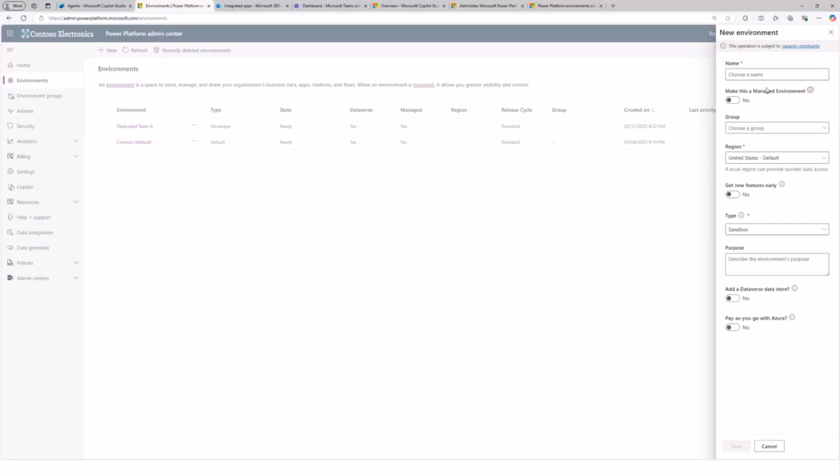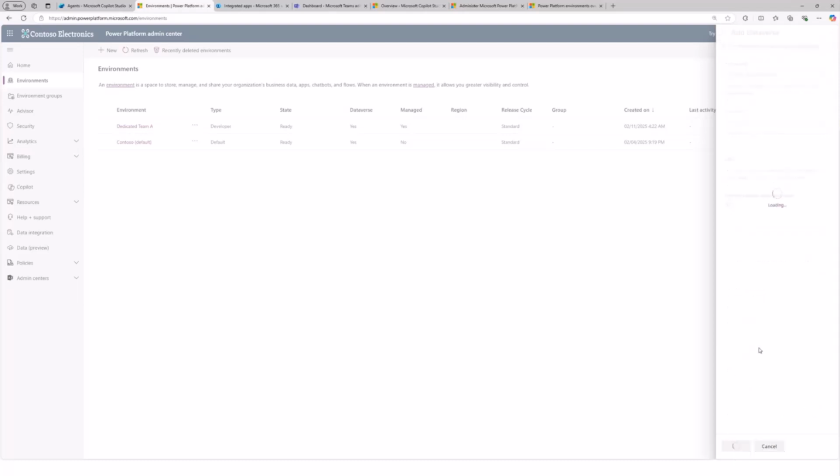For instance, you can give it a name. So let's call it Contoso Sales, right? So I want to create an environment for the sales team and so on. You can select a region, you can select the type of environment: sandbox, developer, production, and so on. So let's just select developer for now, just so that it's a lot faster, but you can select the different types of environment. Then you can click next, and that's how you can create.